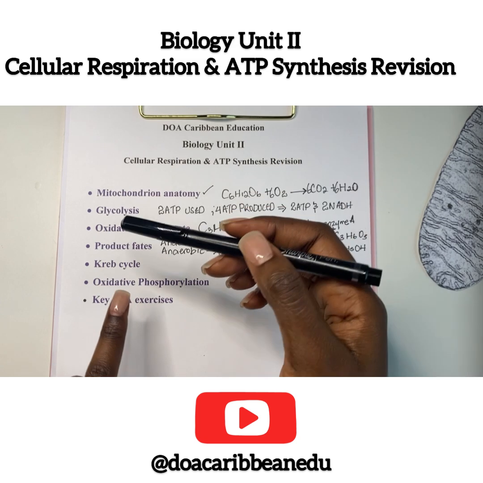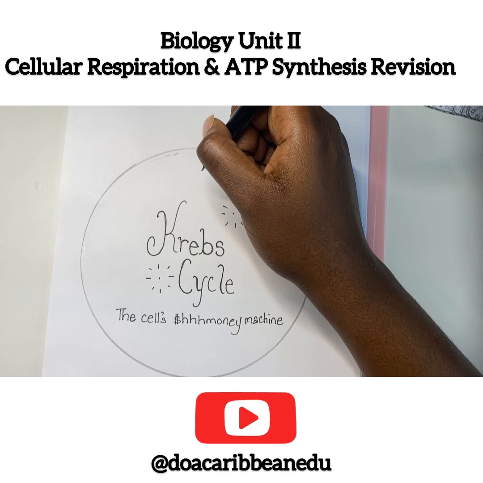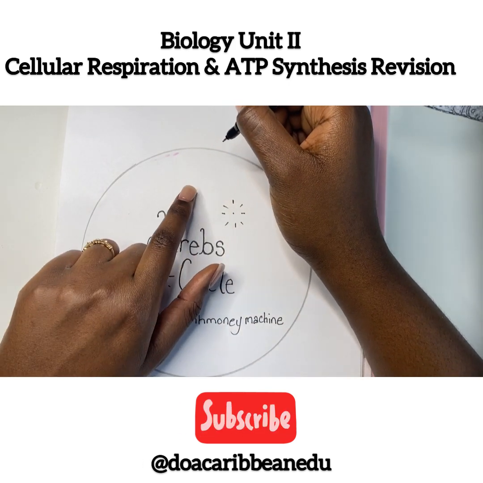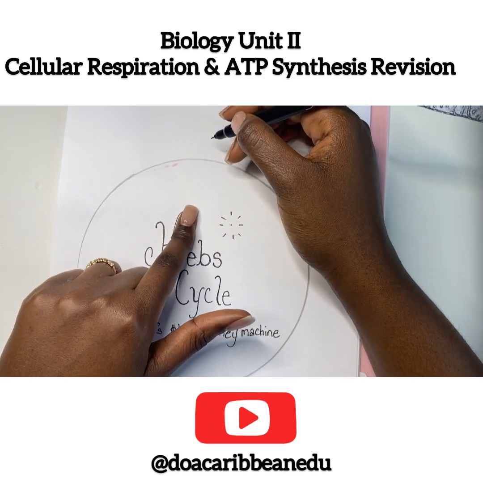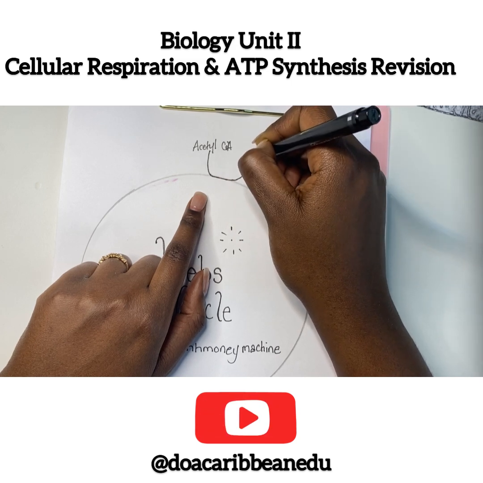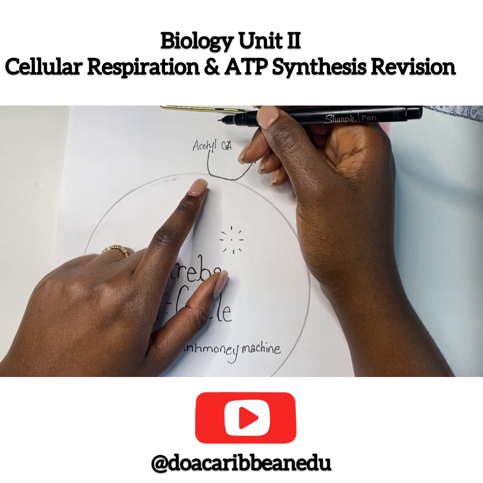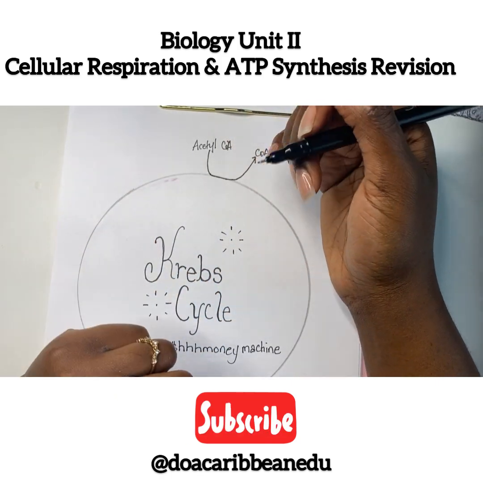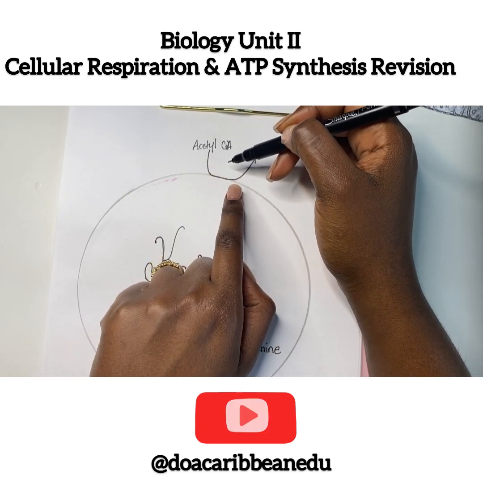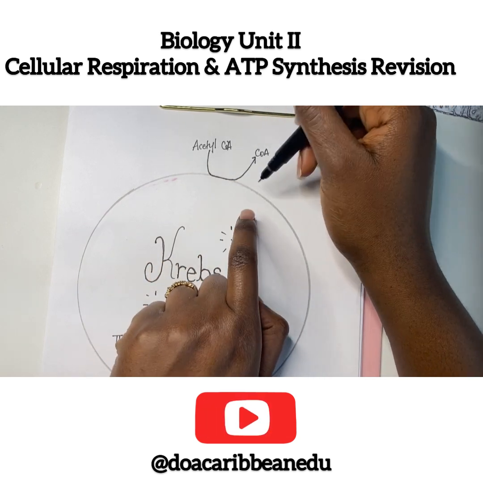So now we are ready to talk about the Krebs cycle. That coenzyme A is bringing that 2-carbon acetyl sugar to the Krebs cycle. So let's make a note of that. It's bringing the sugar, but this coenzyme A has to go back to the matrix to be combined to another acetyl sugar. Once it releases its 2-carbon acetyl sugar, it will combine with another 4-carbon molecule in the cycle